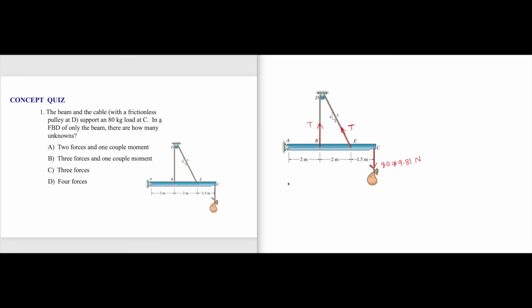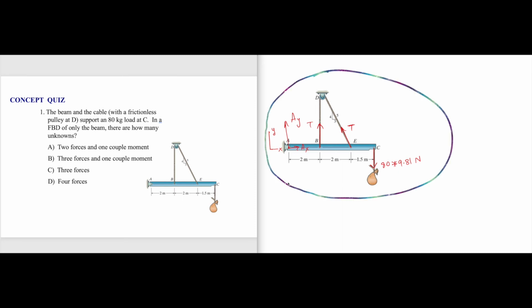And at A, what do we have? It's a pin joint. So we have AX and we have AY. So each time we should not forget to give the axis. So that's the free body diagram. Now in this free body diagram, which is given here,